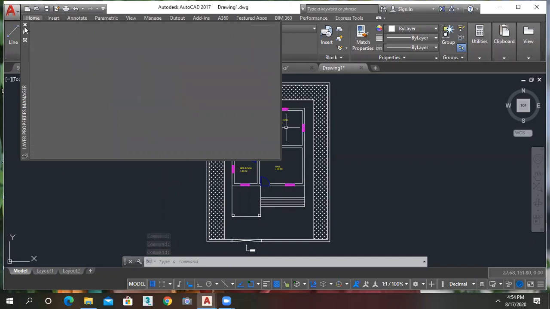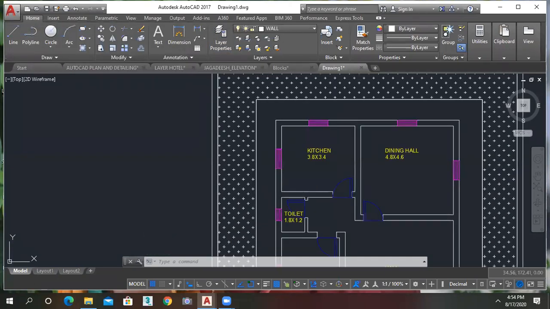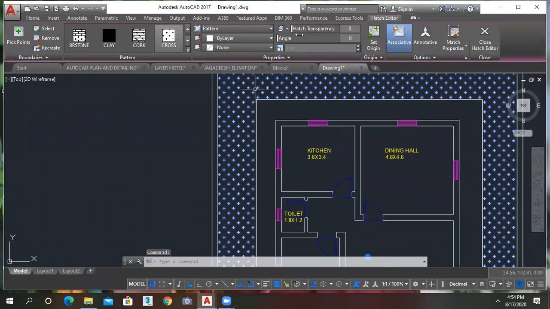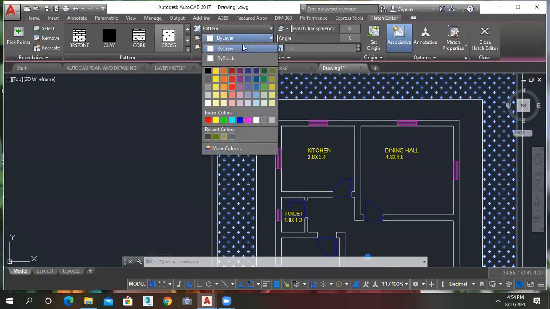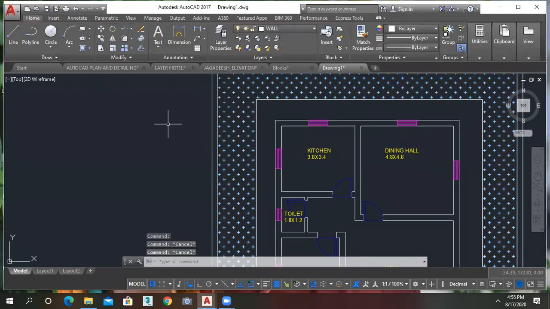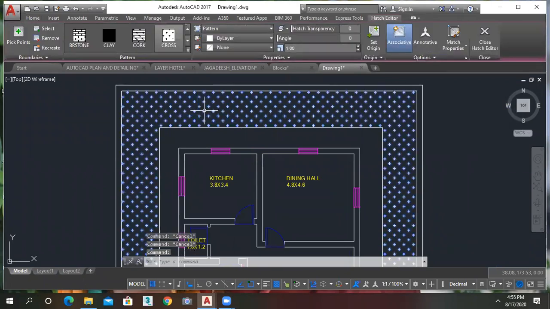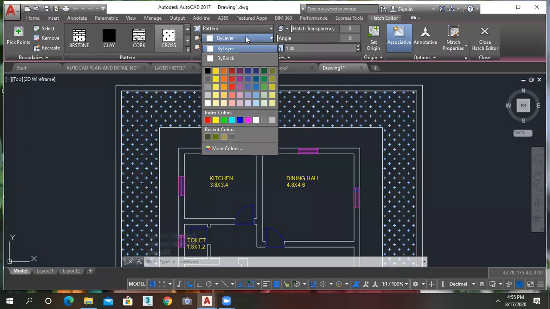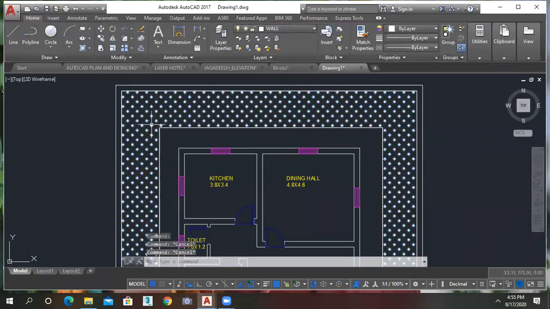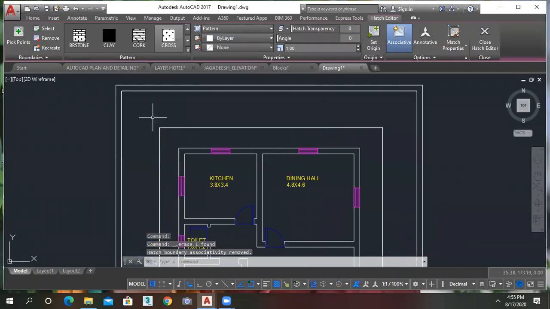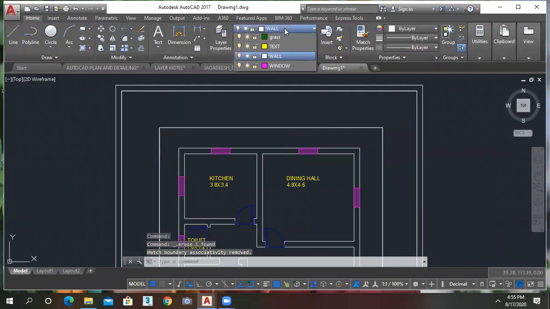Okay, grass. So click on the hatch of the grass and click on the layer here. I'm just deleting this. Just keep the active cross layer and then go for the hatch.